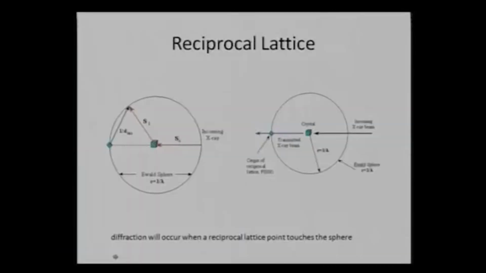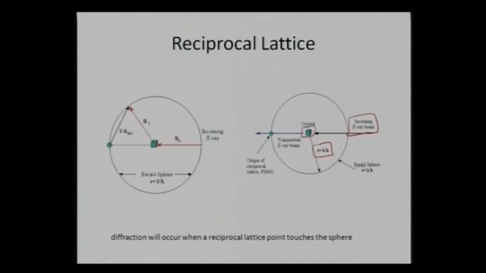So I can represent a set of parallel planes by a single point in a reciprocal lattice. The concept of the reciprocal lattice comes more like this: I have an incoming X-ray beam. It can again be an electron beam, depending on the kind of diffraction which is occurring. Then I have the Ewald sphere, which has a radius of 1 by lambda, and upon interaction with the